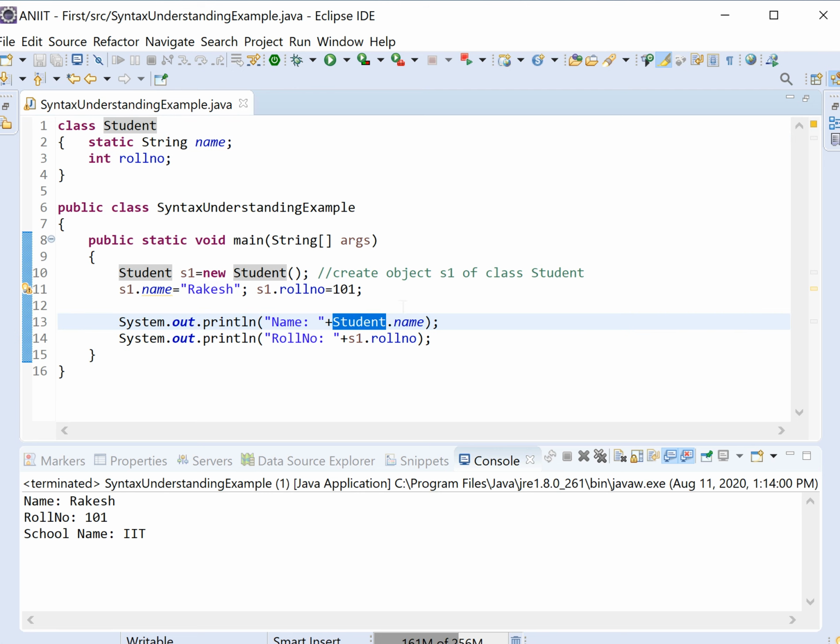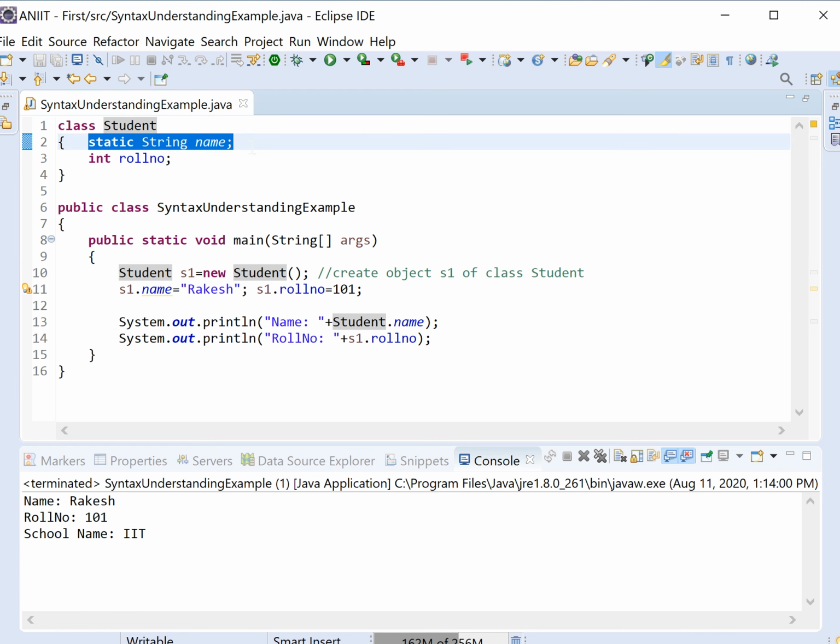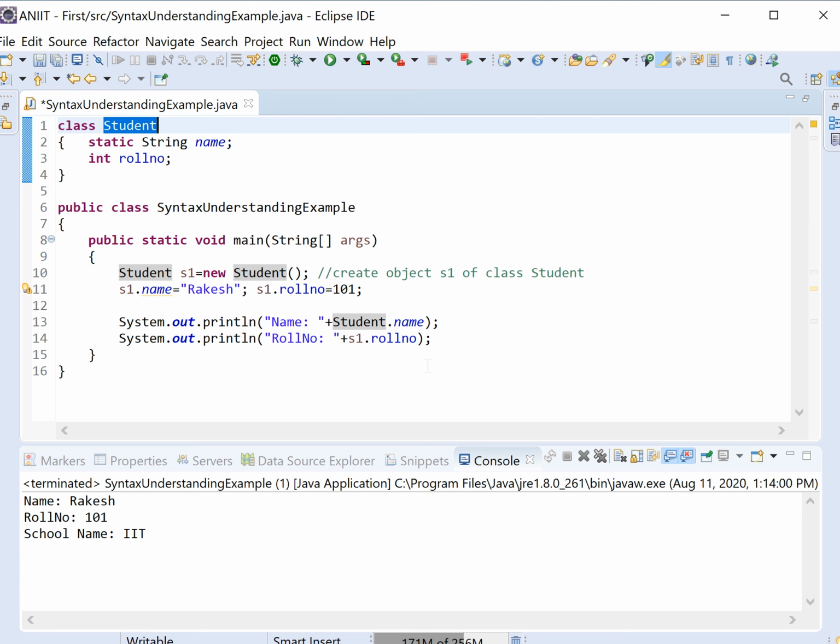If a member is static, there is no need to create an object, and it has scope over the overall class. If it is public, it can be accessed from anywhere, outside or inside the package, as long as the class is accessible.